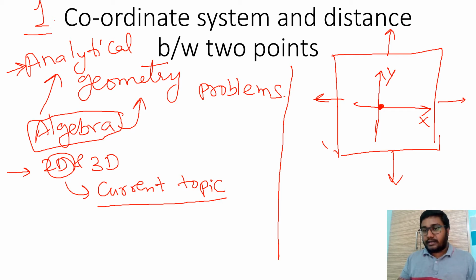Any point in this 2D plane, for example a point here, here, or here, anywhere, can be defined very easily by using this 2D coordinate system. If you drop perpendiculars onto the x-axis and also the y-axis, the length of this distance will be the x coordinate, and the length of this distance will be the y coordinate, and we represent these coordinate points as x comma y.